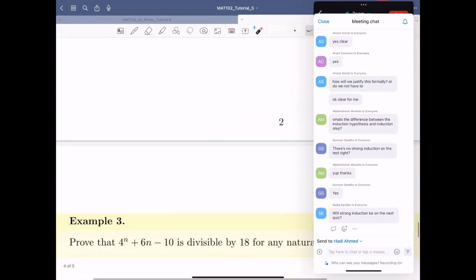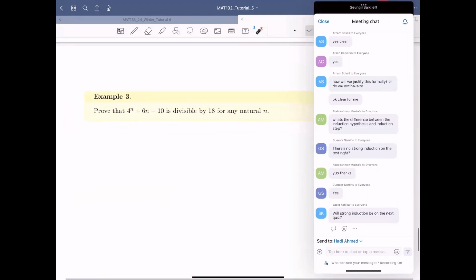We're gonna do question 3. Question 2 is not as important. Question 3 is another classic one. The divisibility questions are important as well. Okay? You need to know how to do them. This one I'm not gonna write the whole thing. Base case, clearly, 1 equals to 1. You can plug in 1 and see if it's divisible by 18. Then we suppose